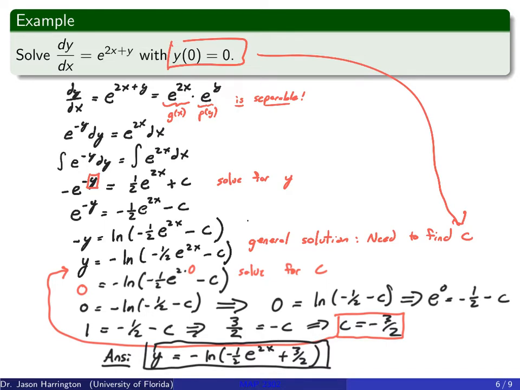And you'll see that the funny thing is that if you look at this and you squint hard enough, you'll see that the separability, separating the dy over dx and integrating, that was the easy part. The hard part really was doing just the manipulation, solving for y and then putting in x is 0 and y is 0 and solving for c. Right, that takes a lot of algebraic manipulation, and that's usually the harder part of the problems, not really the integration.